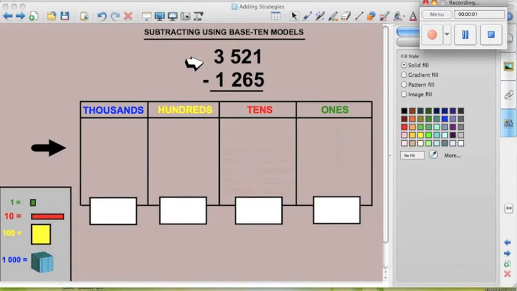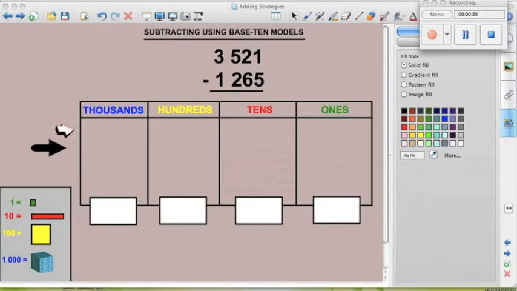In this video, we're going to review subtracting using base 10 models in a place value chart. Now notice my example problem here. I have 3,521 minus 1,265. To get started, what we're first going to do is model our top number,